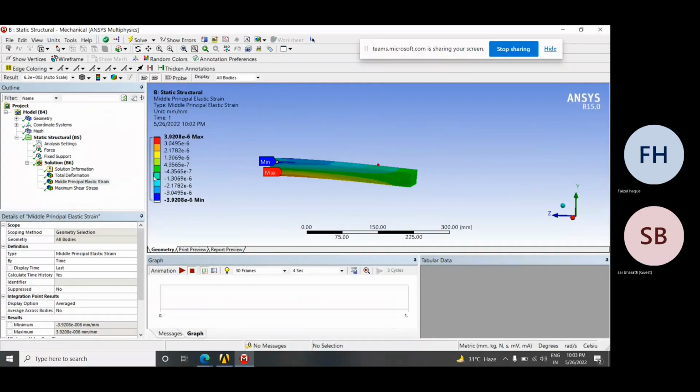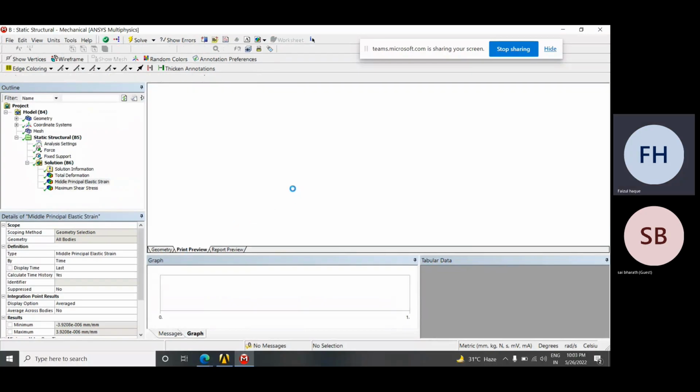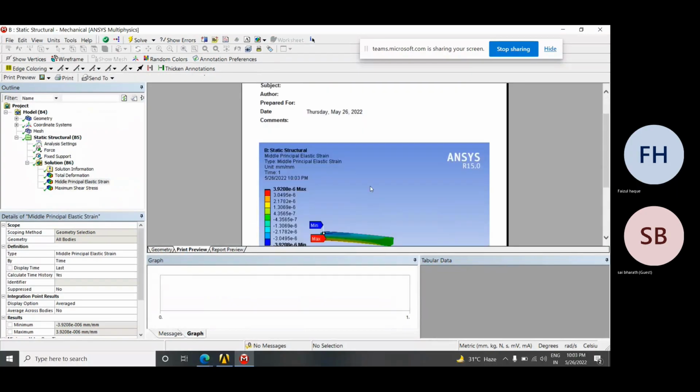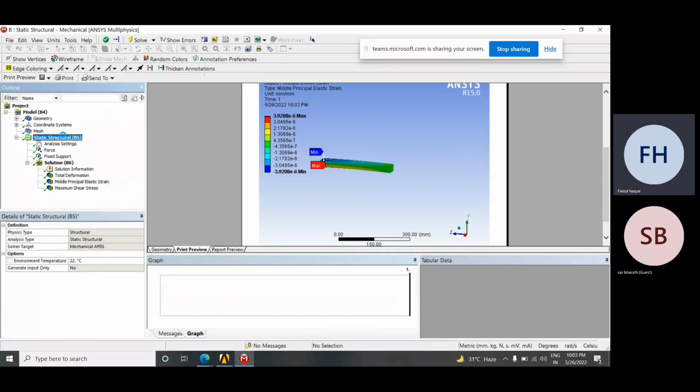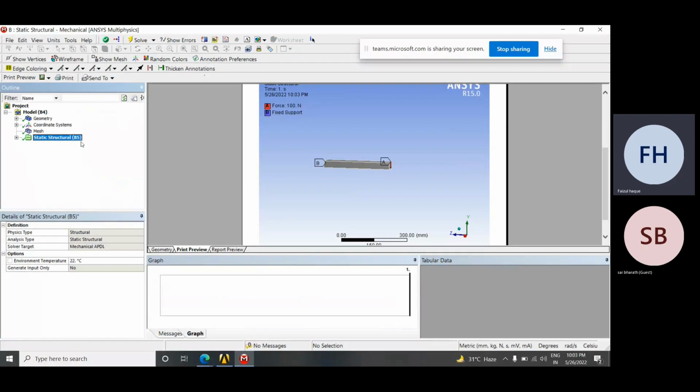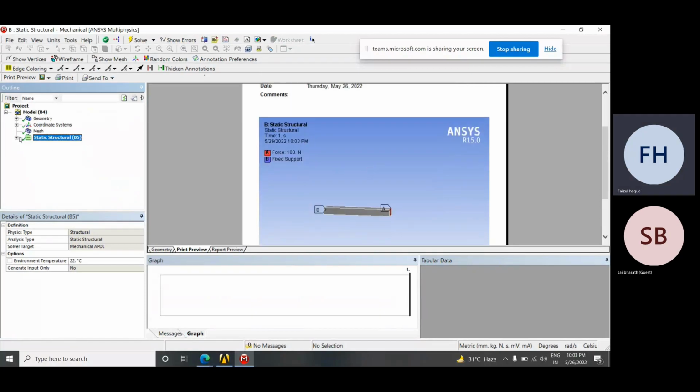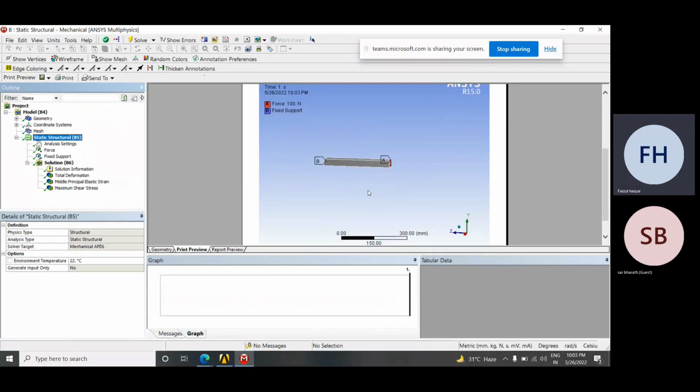Moving further, we can also create a detailed report in this analysis result. We can create print preview of individual parameters, and we can also create a detailed report. We can also click on static structure and just take the